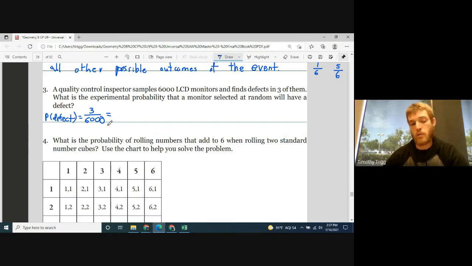And you should always reduce this. When you reduce a fraction, I'm looking for what I can divide both top and bottom by. In this case, I could divide both by 3. So that'll give me 1 over 200. And if you want it as a decimal, simply divide that. 1 divided by 200 gives me 0.005. Now I'm happy if you leave it as a fraction, but just know sometimes on the test you're going to see it as a fraction, sometimes as a decimal. So you should be able to do it either way.